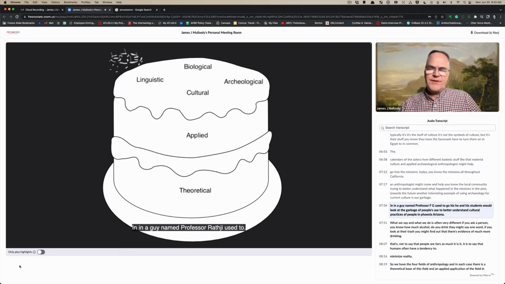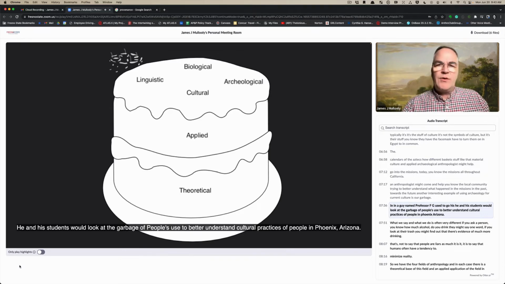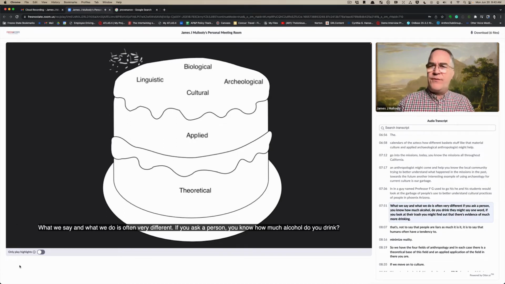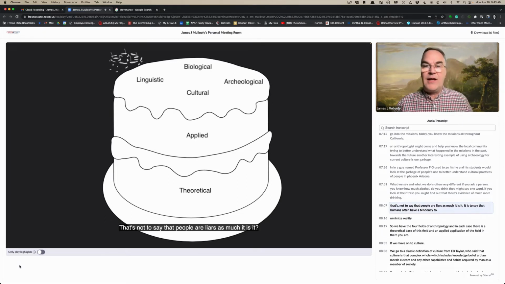A guy named Professor Rathje used to go. He and his students would look at the garbage of people's use to better understand cultural practices of people in Phoenix, Arizona. What we say and what we do is often very different. If you ask a person, how much alcohol do you drink? They might say one word. If you look at their trash, you might find out that there's evidence of much more drinking. That's not to say that people are liars as much as it is to say that humans often have a tendency to